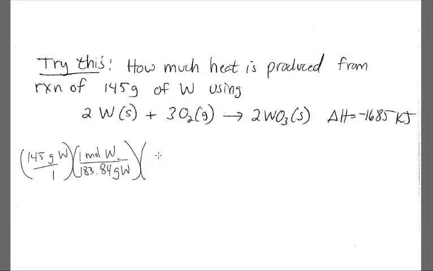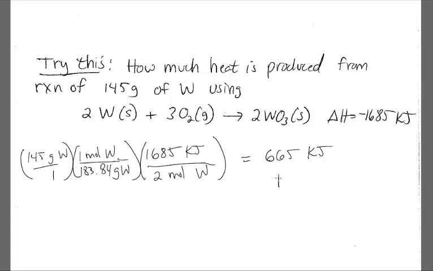And then use the heat amount. It's asking how much is produced, same thing as released. It's not saying absorbed. 1685 kilojoules, and that is per 2 moles of tungsten. And that gives you 665 kilojoules produced